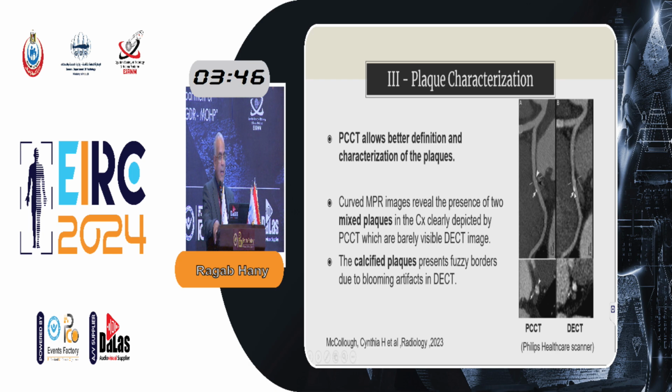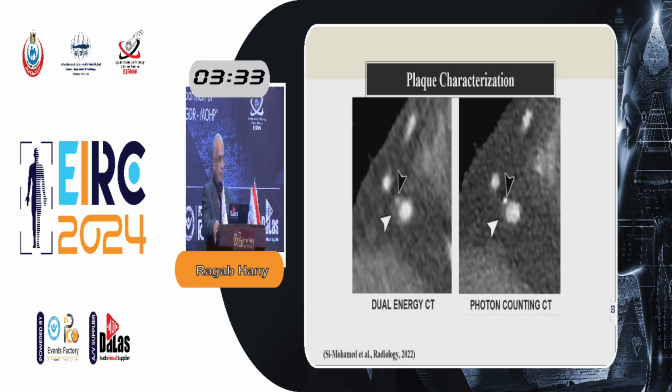You can see here the size of the calcium plaque is more encroaching on the lumen of the artery, yet its actual size is more or less smaller than the other one. This in cross section can help very clearly.